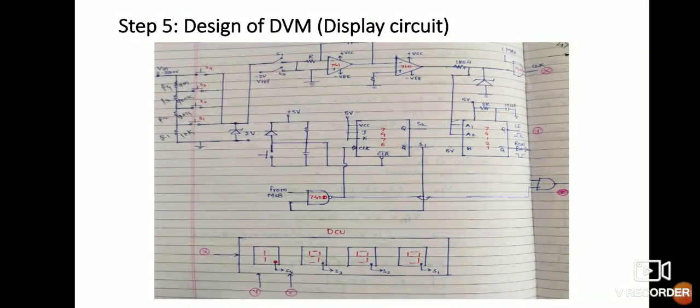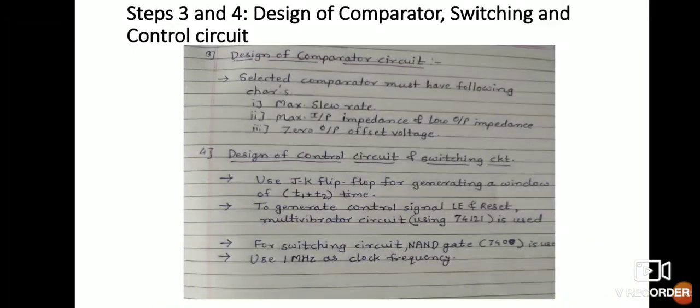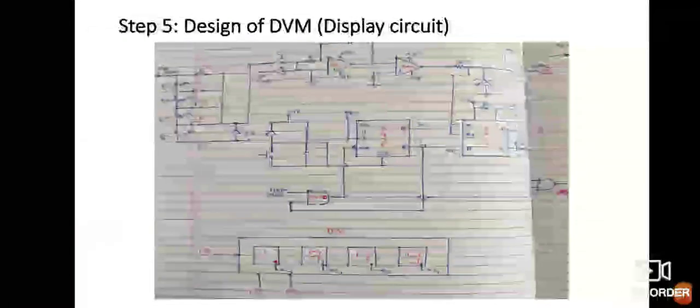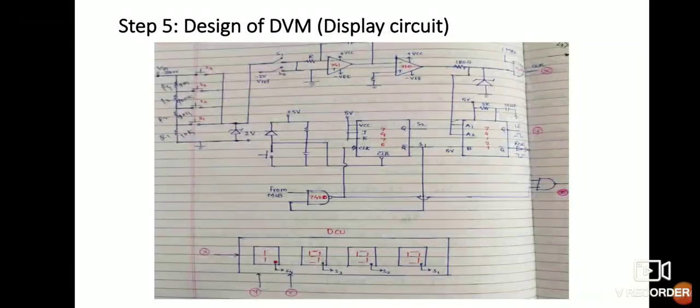The output of the integrator circuit is connected to the comparator circuit. The output of the comparator circuit is given to the NAND gate for generating the clock signal. Clock signal is generated here. For the switching circuit, instead of NAND, an AND gate is used, you can consider. So AND gate 7402 will be used. 1 megahertz frequency is shown here. The clock frequency that is getting counted is named as X.